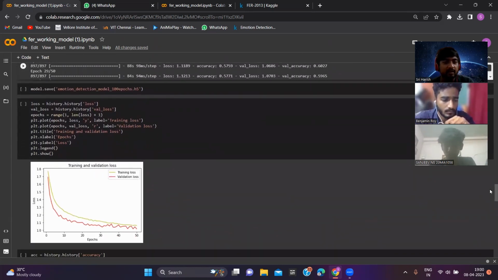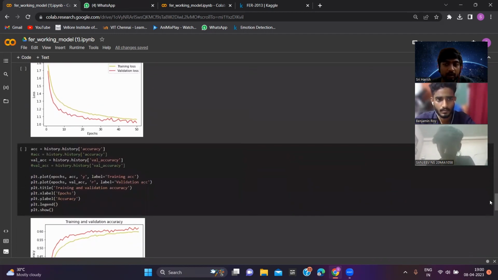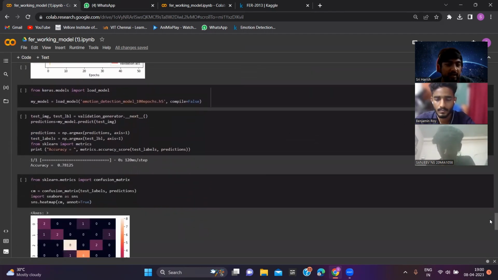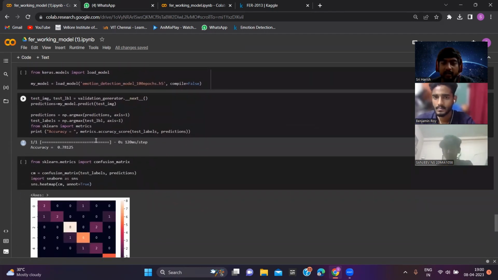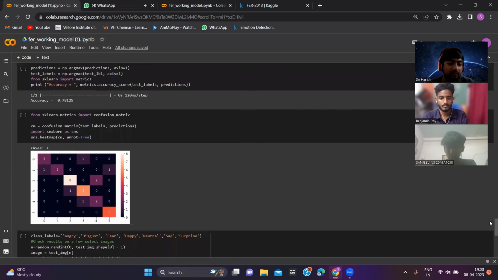After the model training, the model is saved by model.save, which is a method from Keras, and we are plotting the model graph to check whether it is overfitting or not. Successfully, the model doesn't overfit, and using Keras, we load that model. By loading that model, we find the test labels and predictions. Based on the test labels and predictions and the sklearn module, we calculate the accuracy of the model, which is around 78%. And with sklearn metrics, we are plotting a confusion matrix,